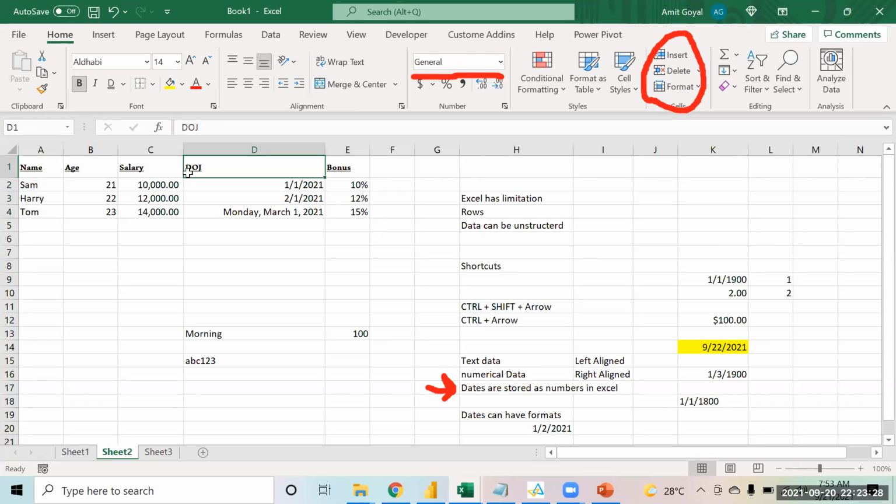So how I have selected this data, see, again, I will be putting a lot of focus on the shortcuts. Press Control Shift down arrow, Control Shift right arrow. It selects that data right away. The shortcuts might look a little tedious right now, but once you become habitual to them, you will be able to use them very quickly. Control Shift down arrow, Control Shift right arrow.